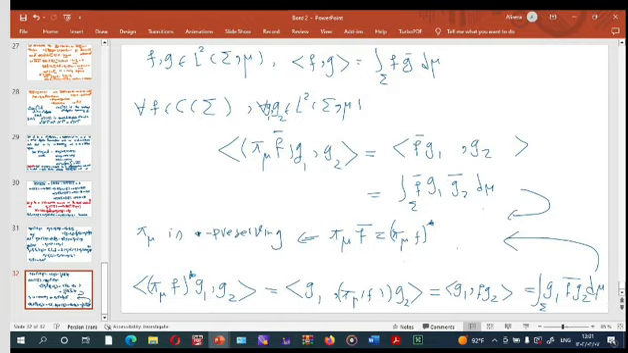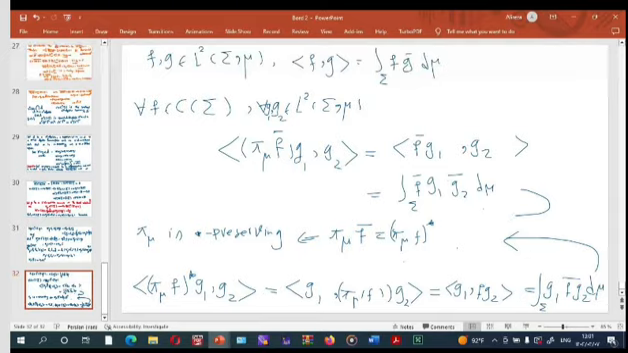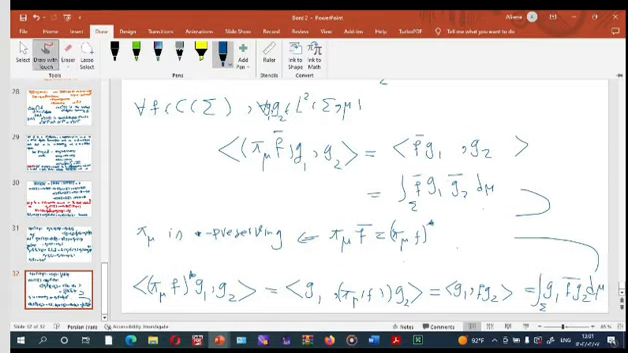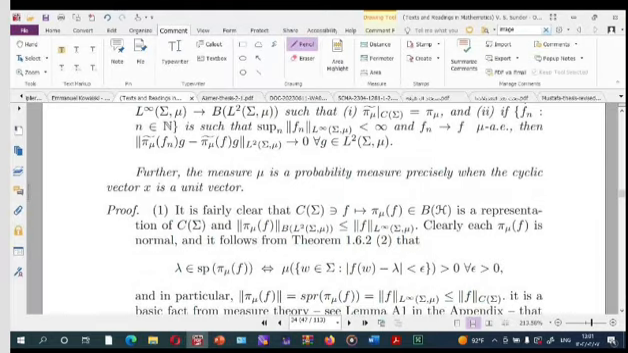Okay, star preserving. This and this imply that P mu is star preserving. So it is clear actually that this is a representation, and also we have this equality because